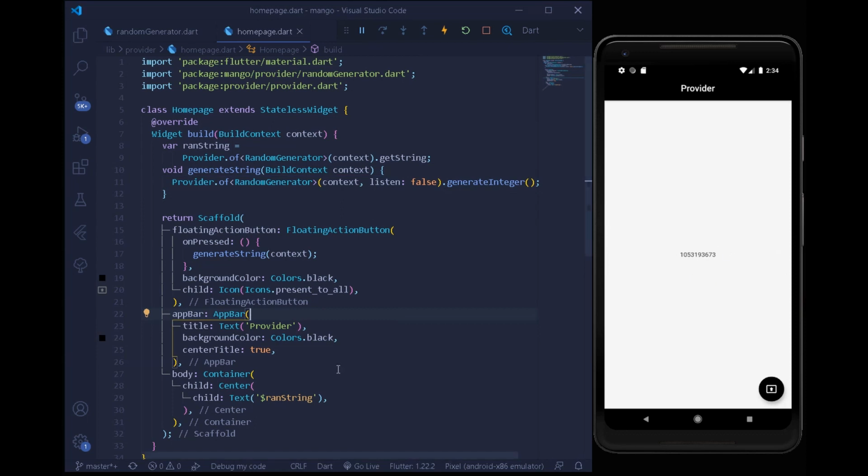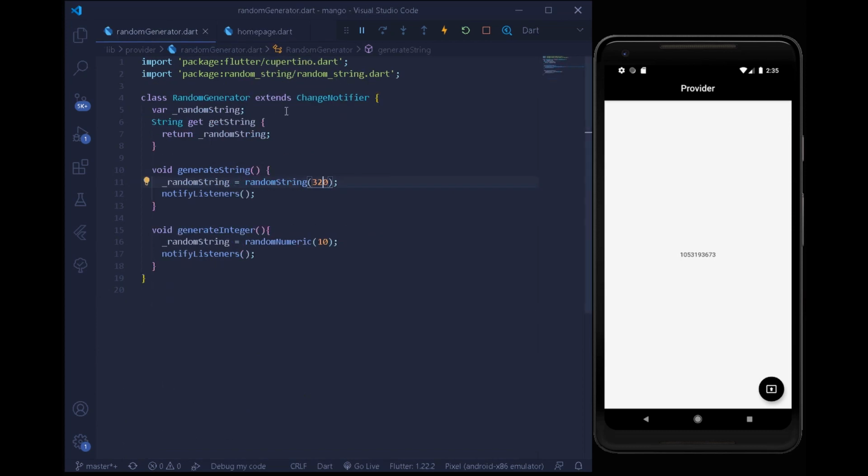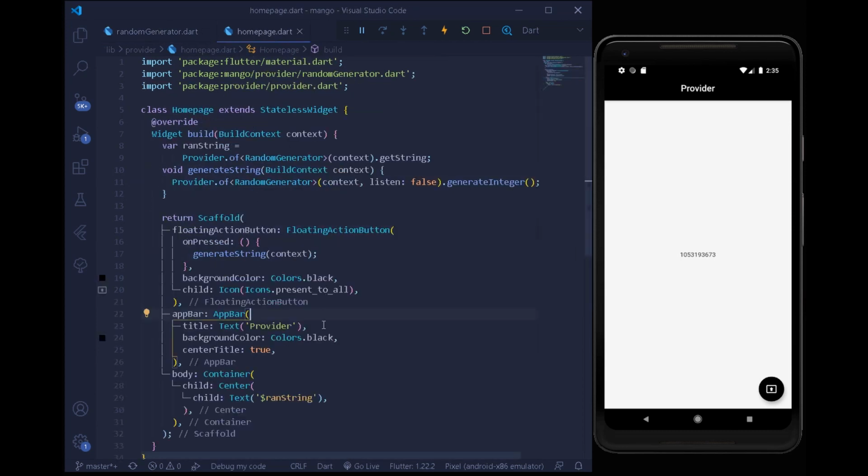Now I hope you have understood the provider pattern and its architecture. In order to understand what a provider is, I took a small example of a random class generator which generates a string and an integer. But in case you need a deeper dive into the provider pattern and its architecture, you simply need to comment in the comment section about which topics about the provider you are interested in, and I will be making such content day by day.